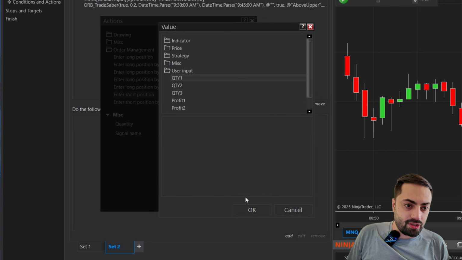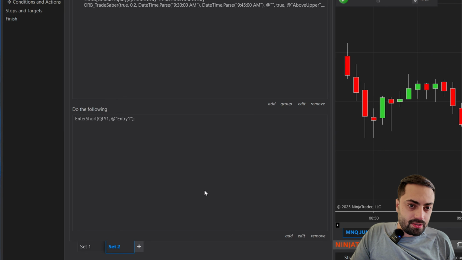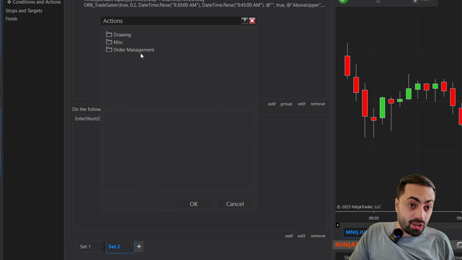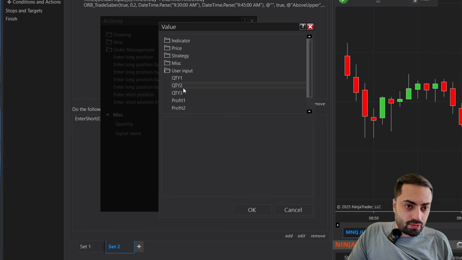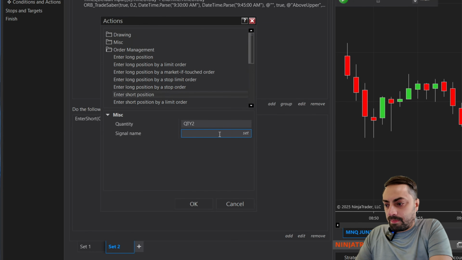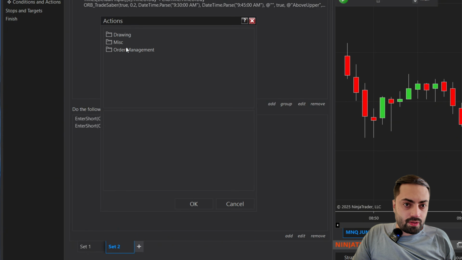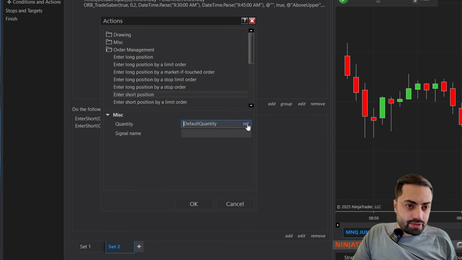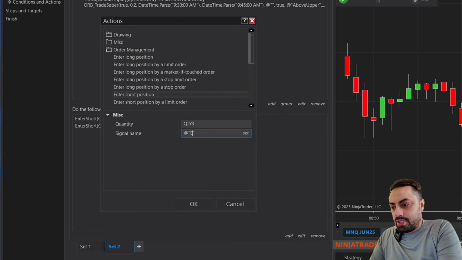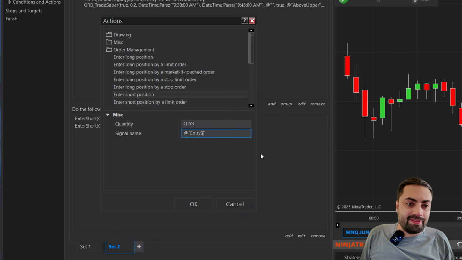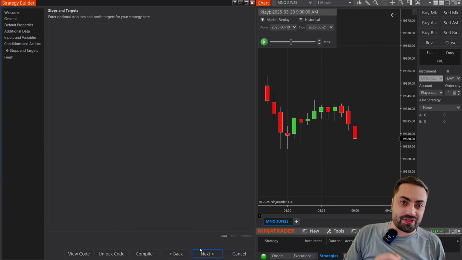And same thing, you can use quantity 1. Entry 1 is the signal name. And we're doing that for all 3 as well. So enter short, quantity 2, entry 2. Enter short, quantity 3, and entry number 3. All right, so now that we have all of our order conditions, let's go to our stop and our targets